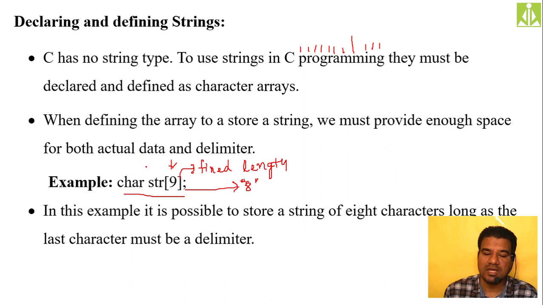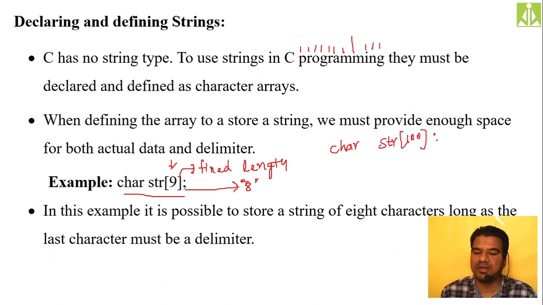Let us say I'm taking the string size like this, char str of 100. Then what will happen? Only 11 characters, as we said, 11 means 11 plus 1. Up to here, 9, 10, 11. How many characters do I need? 12 characters only to store this string. So from these 100 characters, I'm using only 12, and the rest of these 88 characters I'm wasting. The rest of the 88 characters are useless in this particular string.